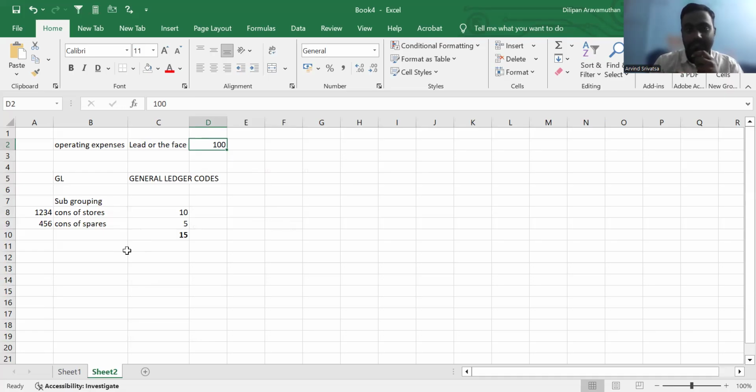So in the financials that the management gives, the management usually provides Excel financial statements. They are going to link everything to the respective groupings. The subgroupings are linked to the groupings, and the grouping is thereby linked to the face of the financials into operating expenses. So guys, this flow is important